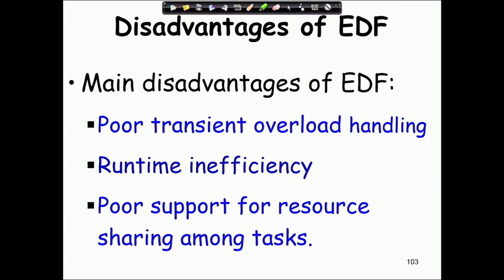The result produced by one task is used by other tasks, and we will see that other types of schedulers, for example rate monotonic, can be extended to handle sharing resources. But if we permit resource sharing in EDF, it creates a lot of problems, so that it cannot be used. So, the third one is possibly the most important reason why EDF is not popular, but the other two reasons also are